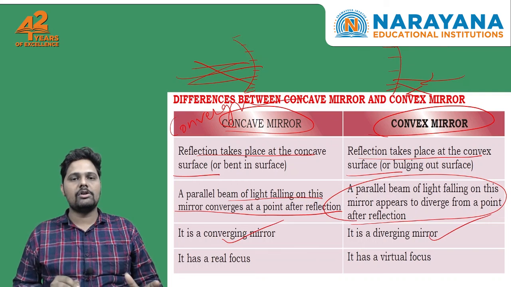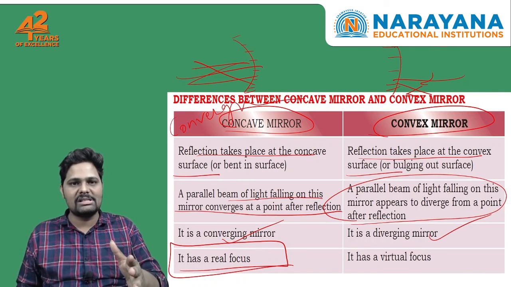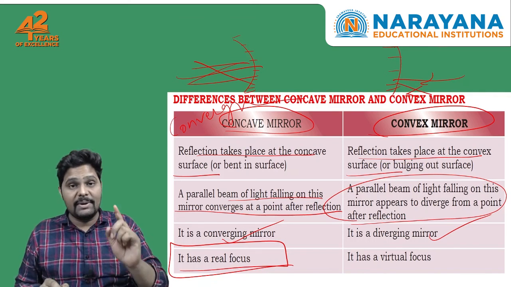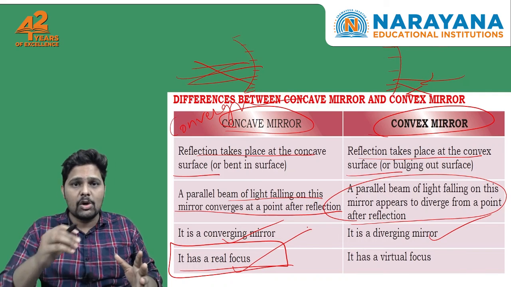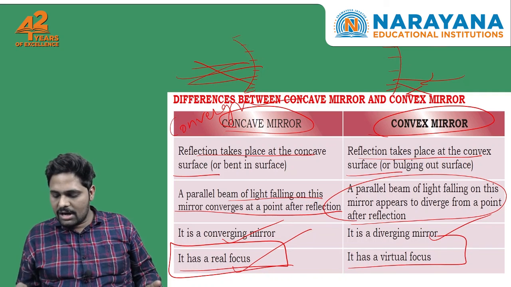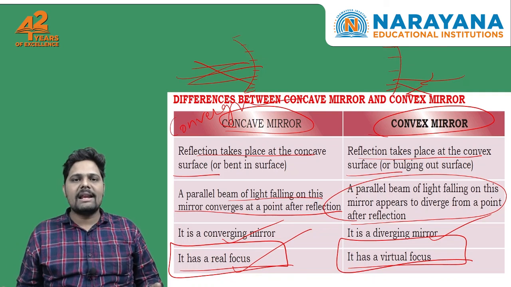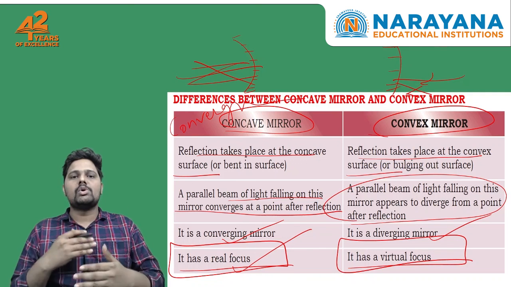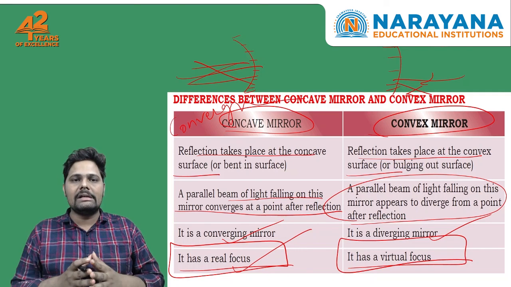So the third point and fourth point are also completed. And finally, the concave mirror has a real focus, as we just now discussed. After reflection, all the rays are exactly meeting at a point. So actually meeting at a point, that is called a real focus. Whereas in a convex mirror, they are not actually meeting. You are extending the rays to make them appear to meet at one point. So that is called a virtual focus. So a concave mirror has a real focus, whereas a convex mirror has a virtual focus. So these are some important terminologies to keep in mind, so that you can catch up with all the upcoming theories and series on this optics chapter.